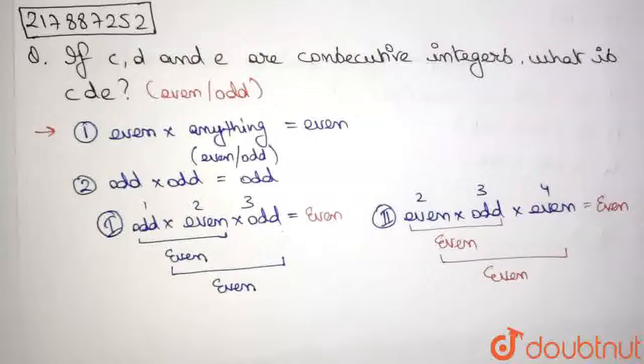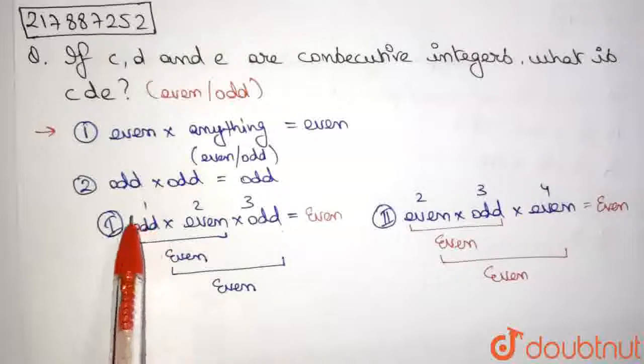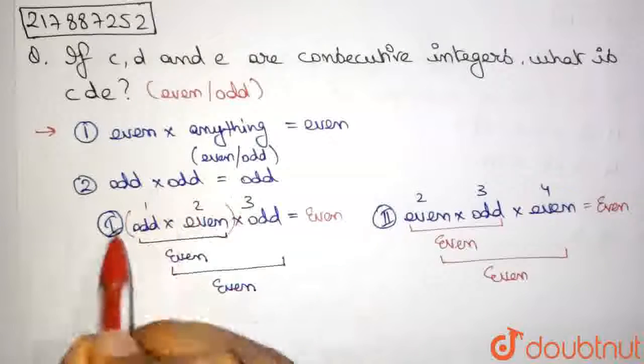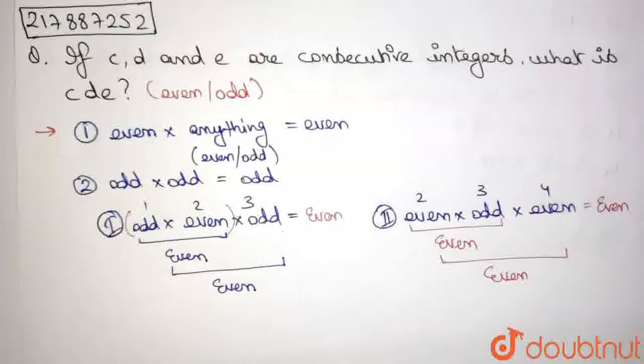Also guys, it does not matter the order in which you multiply, because multiplication is commutative in nature. So you multiply these two together or these two together, or first even odd or odd even, right? And also it is associative in nature. So if I'm going to multiply these two first together and then the entire thing, then the answer is also going to be the same.